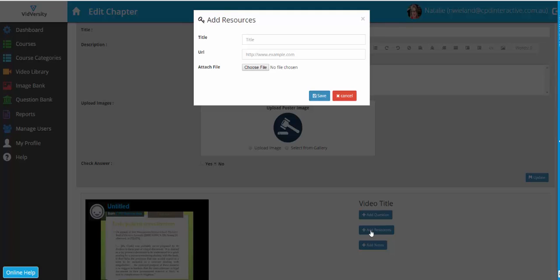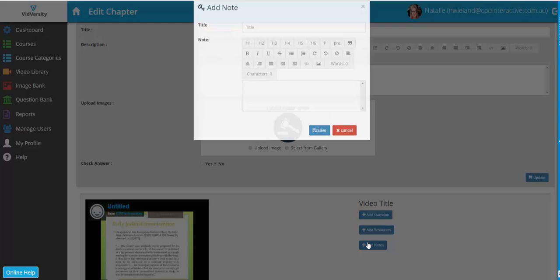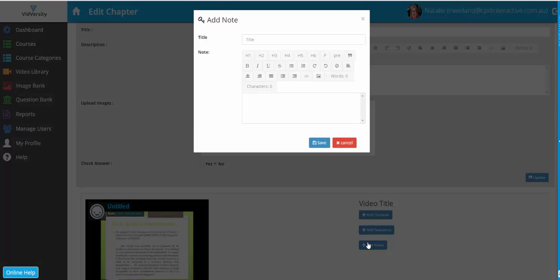Resources is a good place to upload things like a handout or the PowerPoint that they might be referring to. It's also a great place to link to websites, so that might be useful to you. And also, we all know in instructional design and in building learning, people love to have something that they can print out. So by adding a note, so if I added a note which is something like the key concepts discussed,